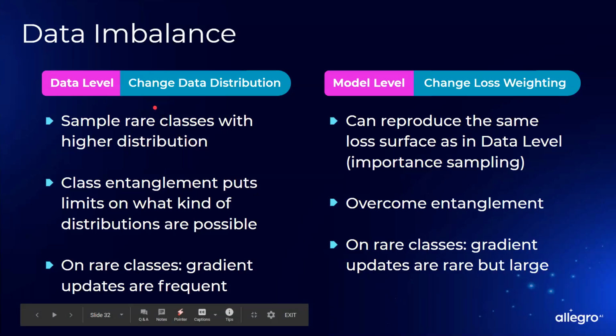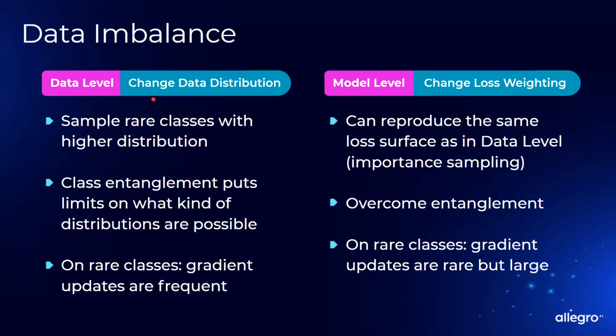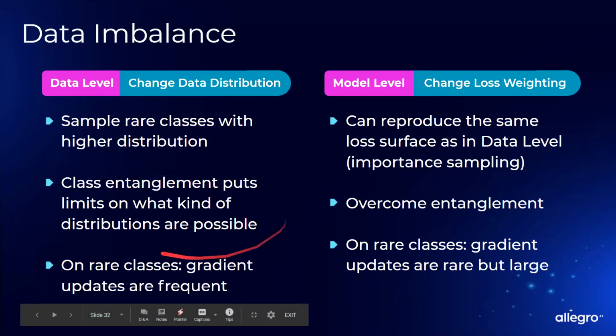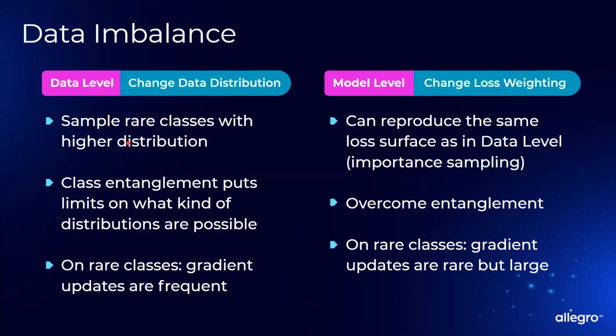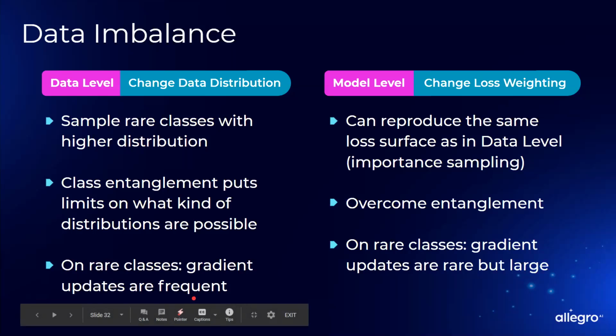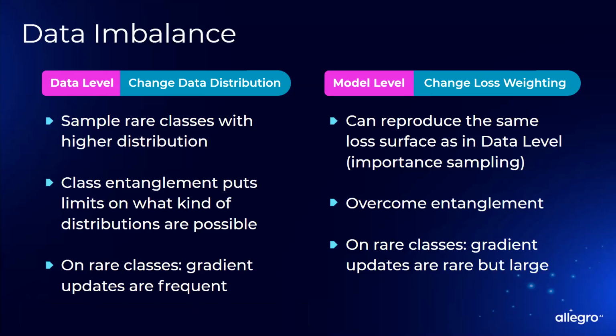Conversely, if you attack the situation in terms of data, well, you can't, as I said, resample to get the perfect distribution of data, but you are able to sample the rare classes with higher distribution. You're going to change everything. That was the black part in the last slide. And that means that you have many gradient updates, which helps convergence because you're always fine-tuning your weights everywhere, okay? And does it work?